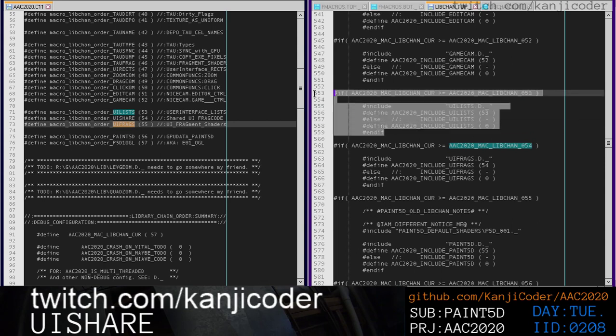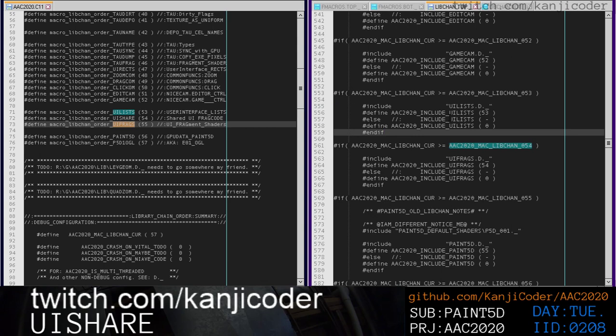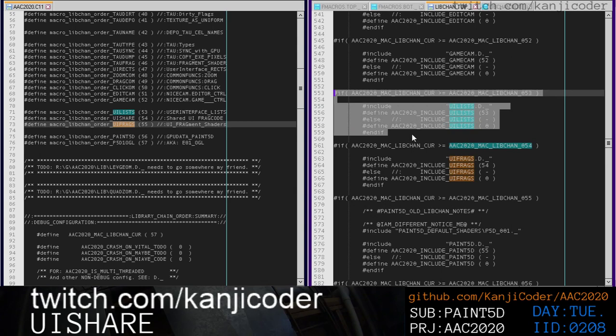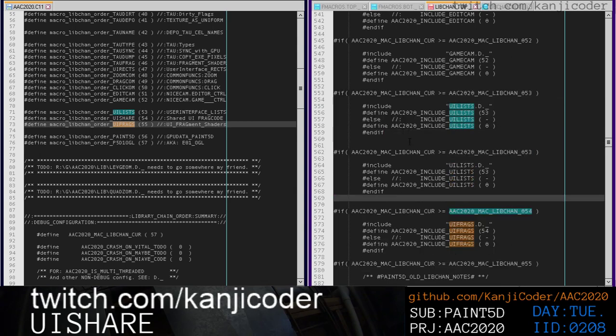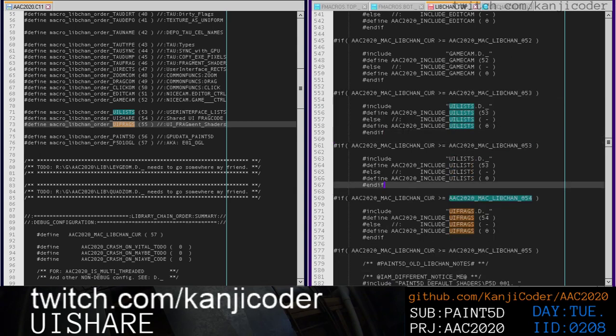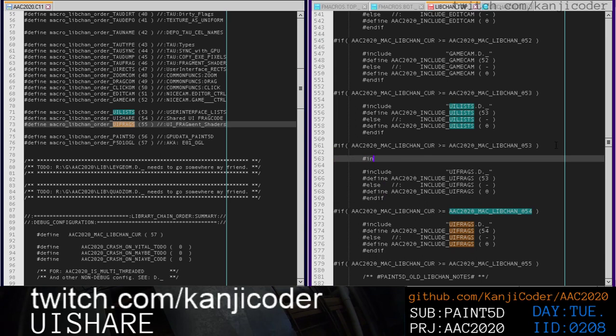So we're going to duplicate this UI list. It doesn't need to be changed, right? So it's between UI lists and UI frags, which we're going to make our insertion, right? So we're going to take this, we're going to paste it, okay? Once we've pasted it, instead of it being UI list, it's going to be called UI frags. And we need to renumber it, but also we need to include,